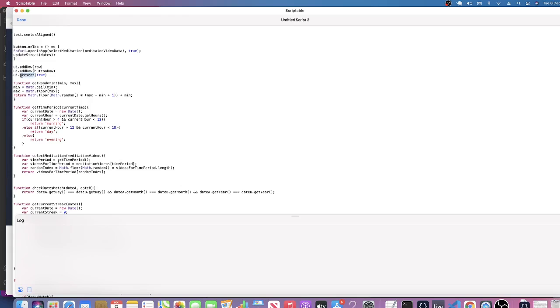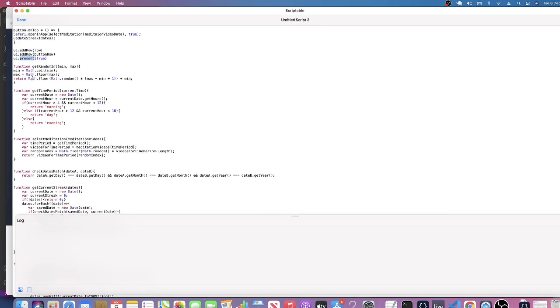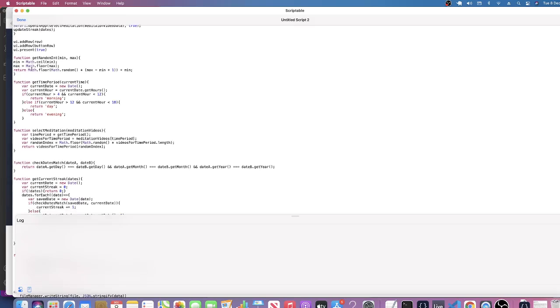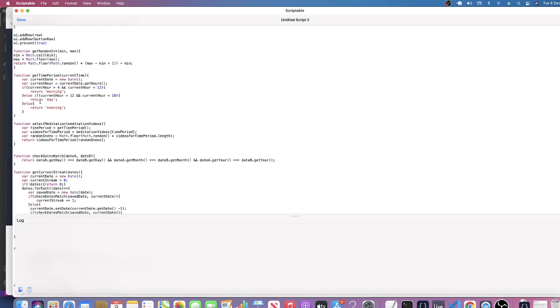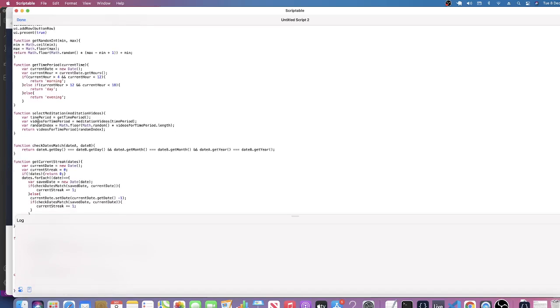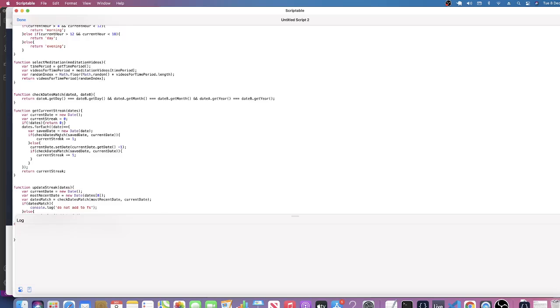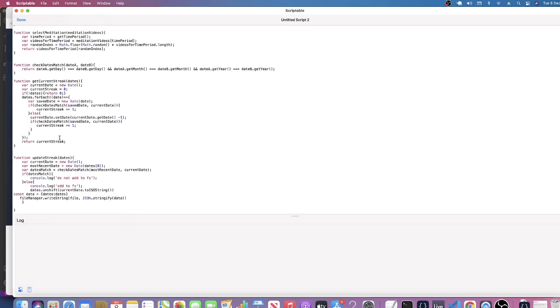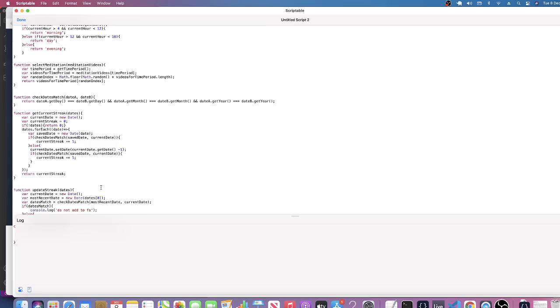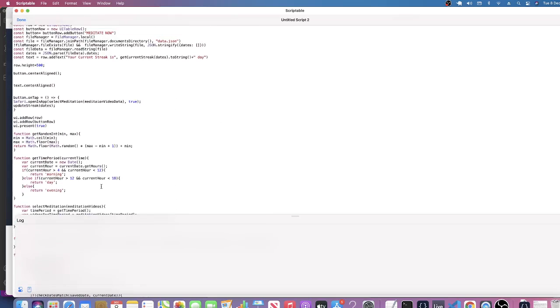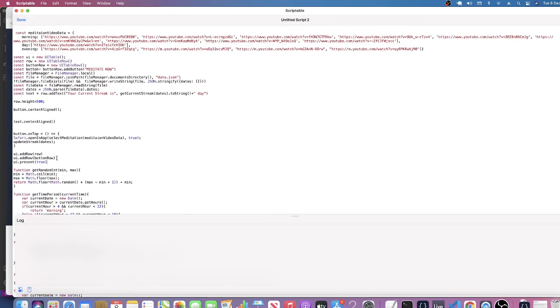And then we can just present the UI. So that's cool. If you're at all interested, I'll put the code in the post a bit further down so you can have a proper read of it. But these methods here are just around selecting a meditation and updating the streak correctly and not having duplicates and handling the date formatting and stuff like that. But the bulk of the interesting scriptable stuff is here